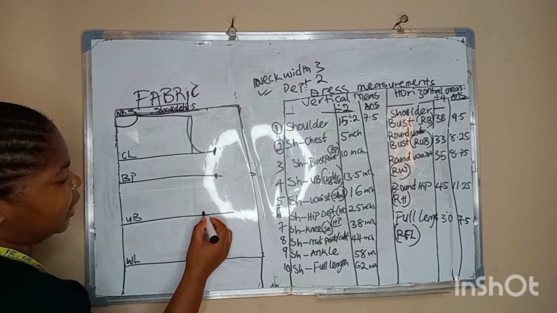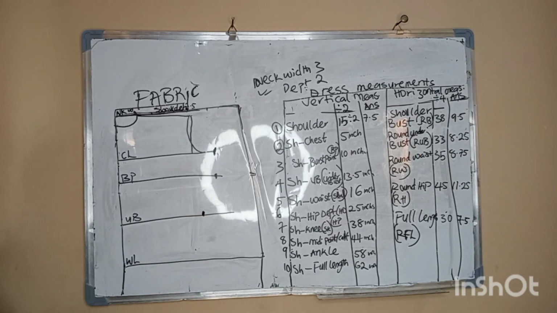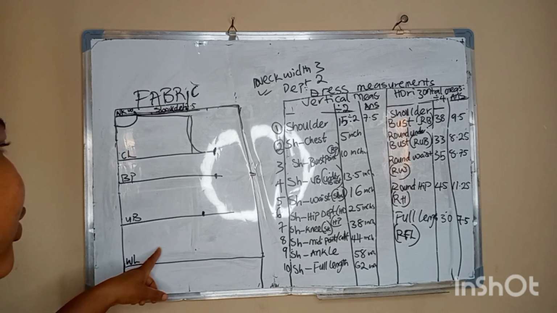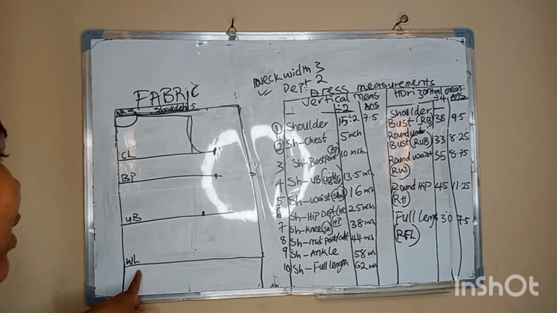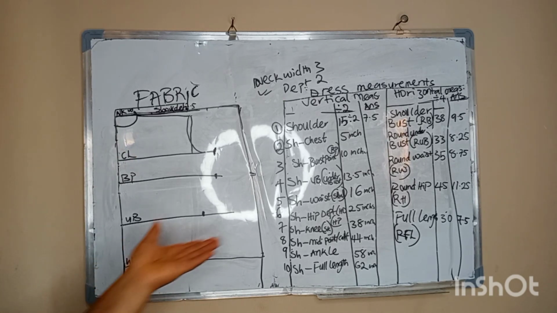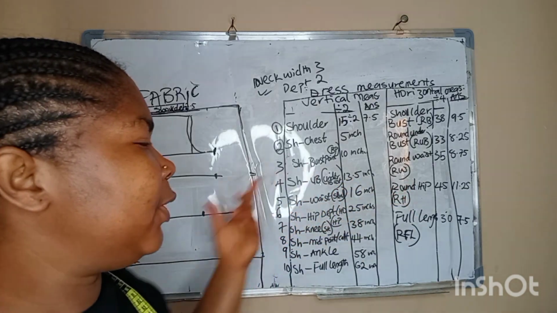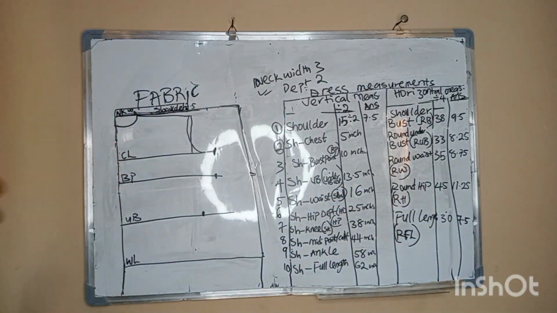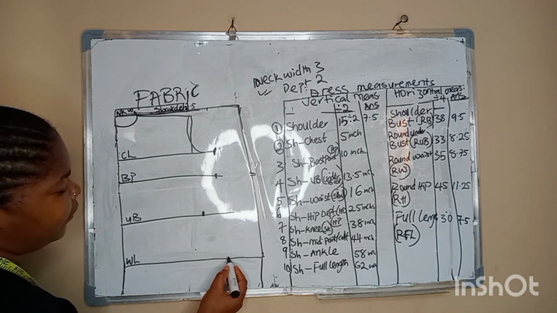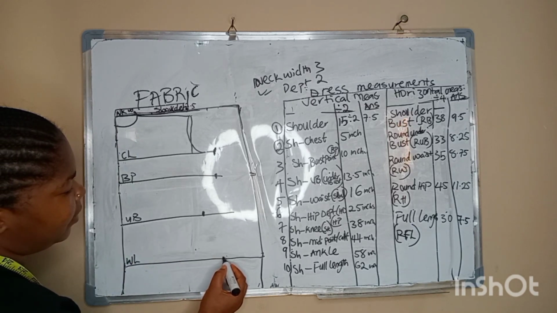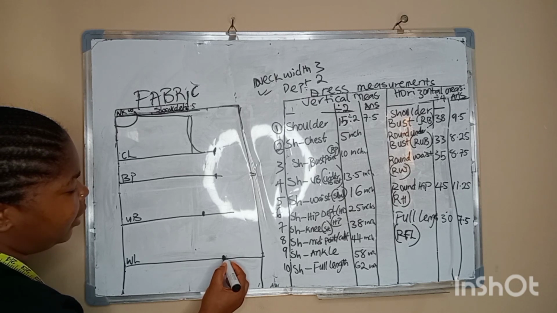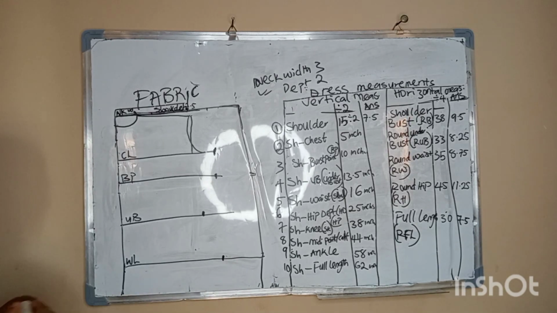1.5 inches smaller than your bust point measurement when divided by 4. Now the next one you're going to do is to mark your waistline measurement. The waist measurement that we're using here is 35 inches. 35 divided by 4 gives you 8.75, about 0.25 bigger than your round under bust measurement